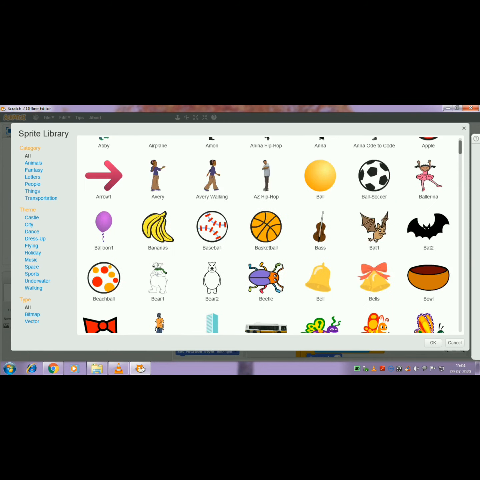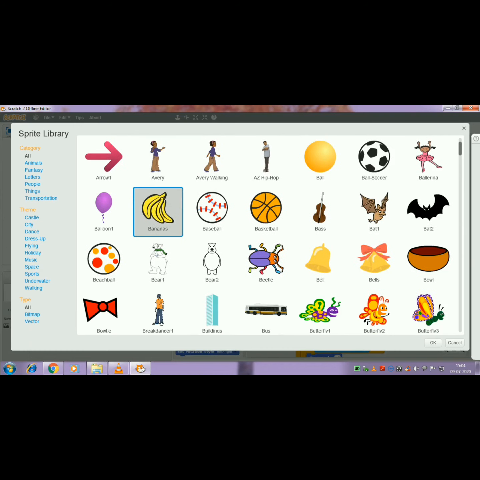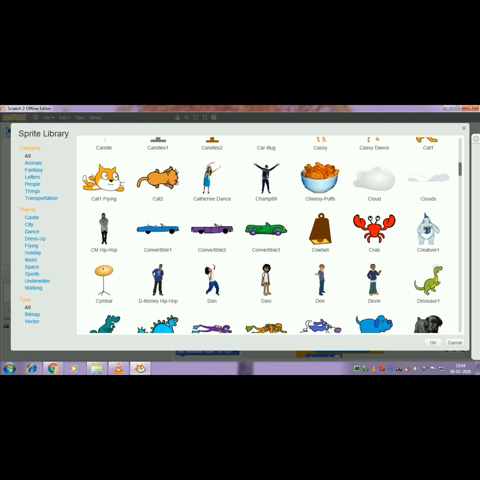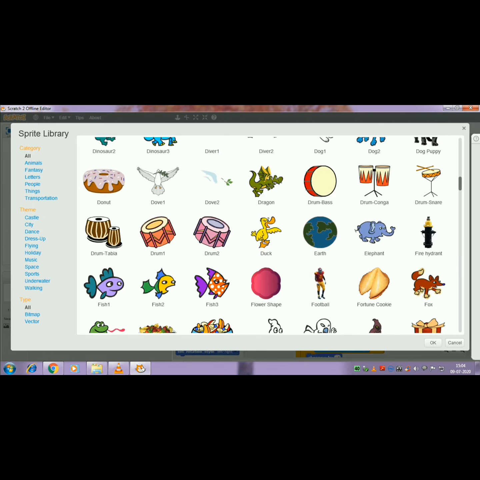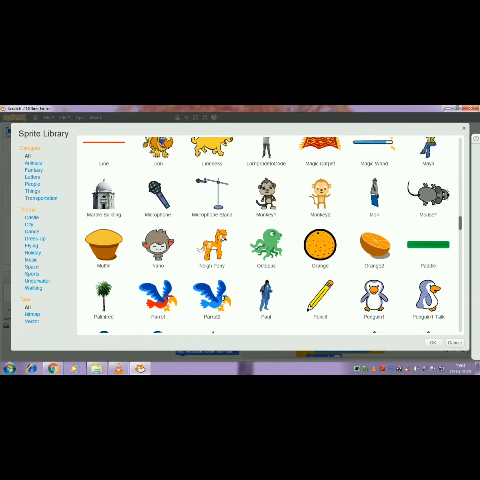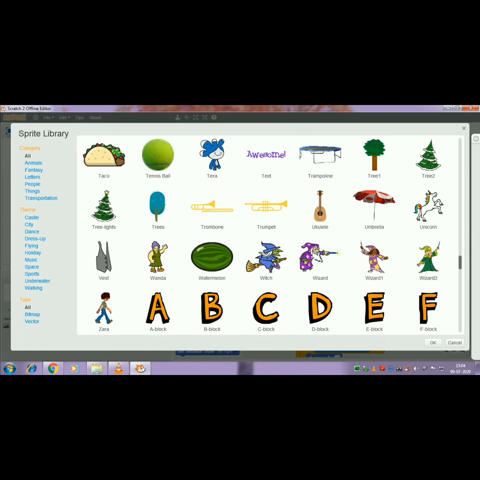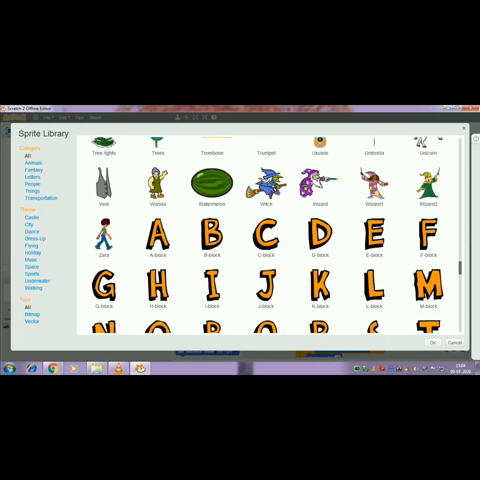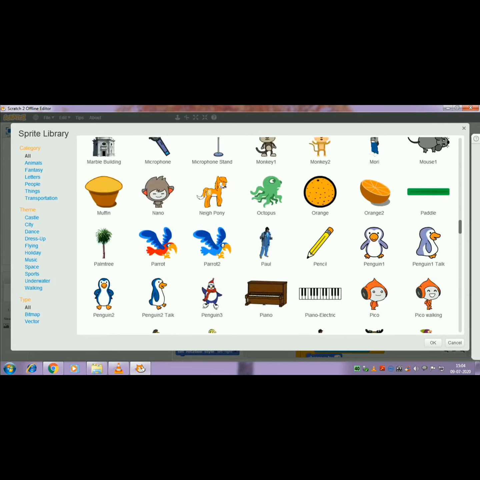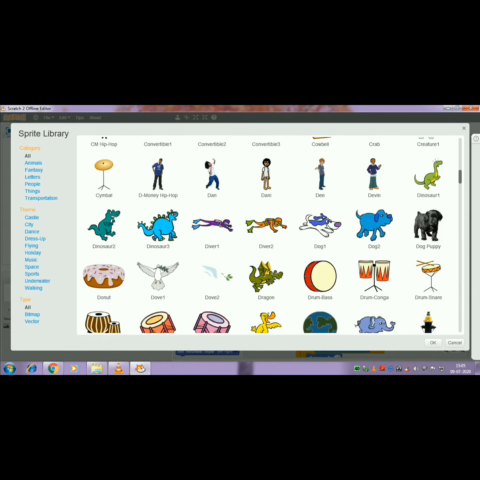I'm not able to choose which one is apt for the cat sprite. So which one is apt? No, I don't want apple. I don't want glass. I don't want computer picture, star, tree, ABCD. Many images are there. From that, I'm going to choose a mouse image.